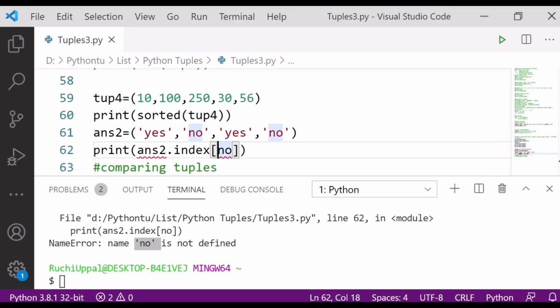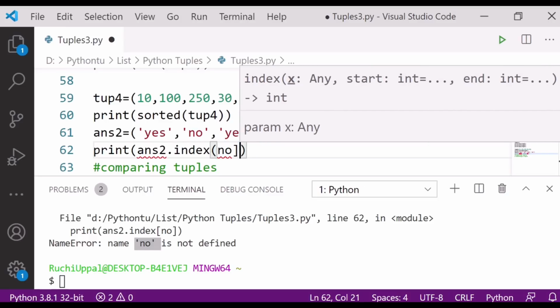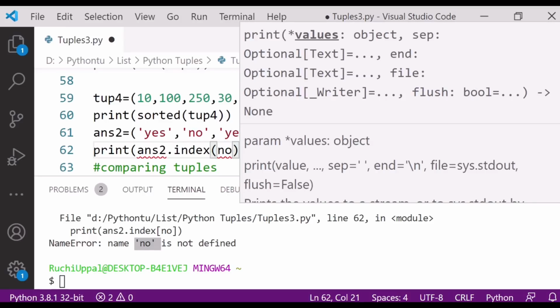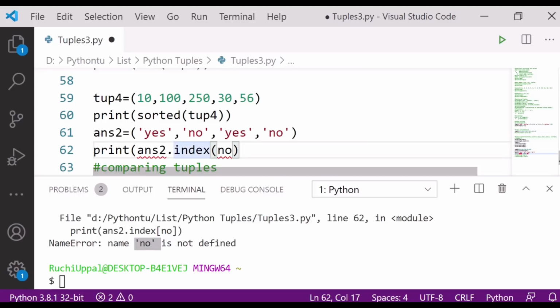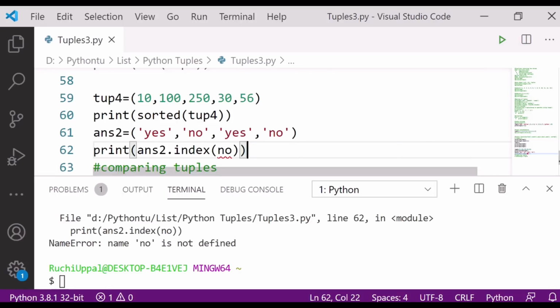So what I'll do, I will change it to a string like this, and I'll have one bracket.